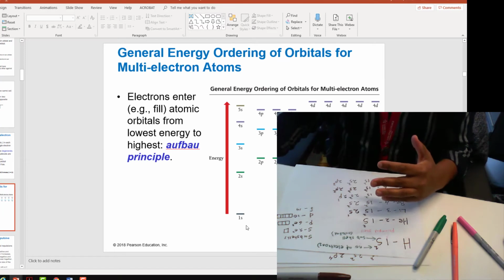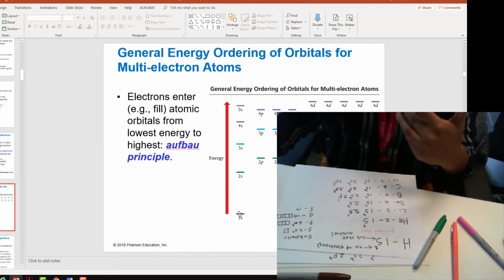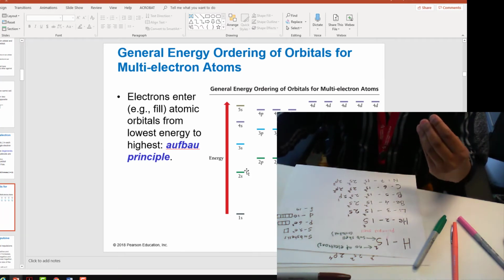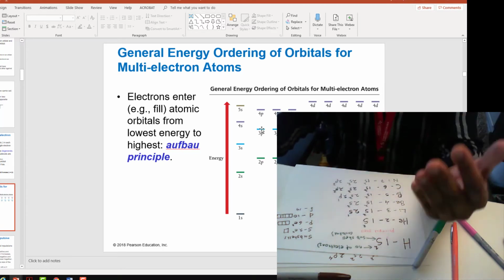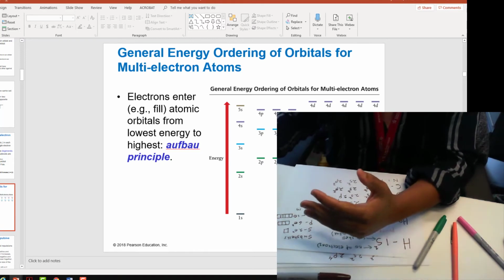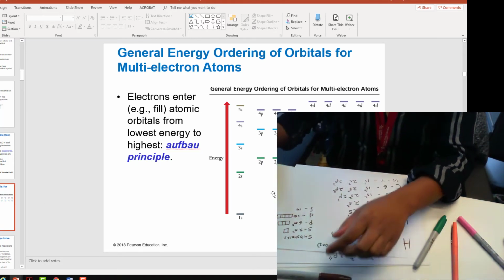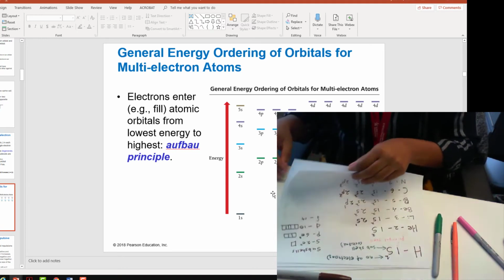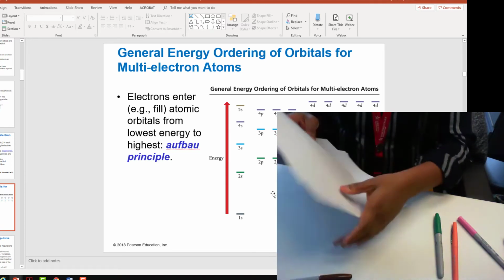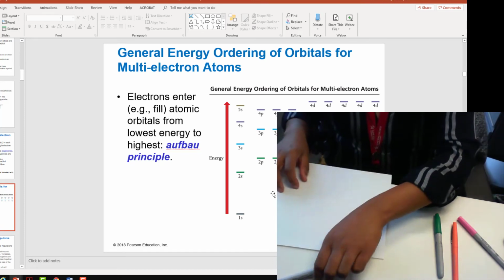So this is the order of electron filling. 1s fills, go to 2s, 2p, 3s, 3p, after 3p, 4s fills, then go to 3d, 4p, 5s. This is the order of filling the electrons. You can easily demonstrate it, if you can remember. I can show you something. You write